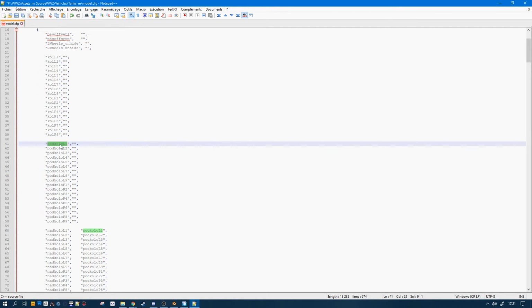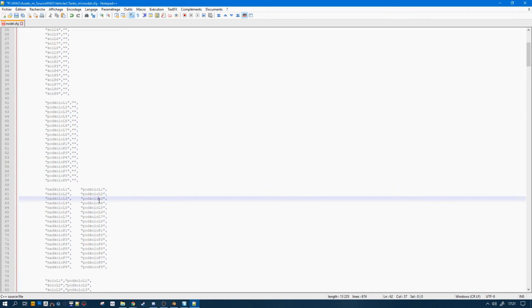So PodColo is the bottom part of the track, and NatColo is the top part, and these are going to be used for the dampers. And so if PodColo is going to move back and down to follow the ground, on a Christie track system you want the top to follow it, so they are bound. This way you just define the animation of PodColo, and this one is going to follow up the same animation.